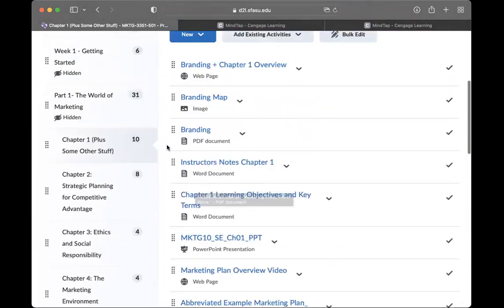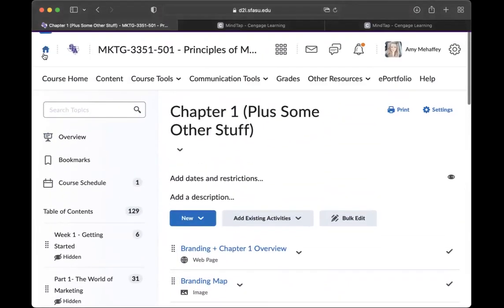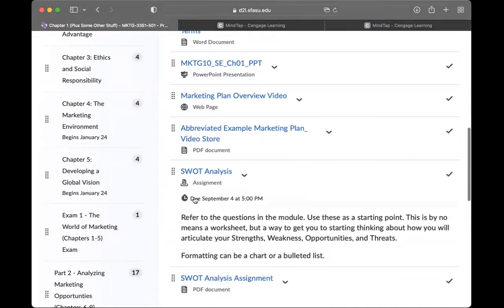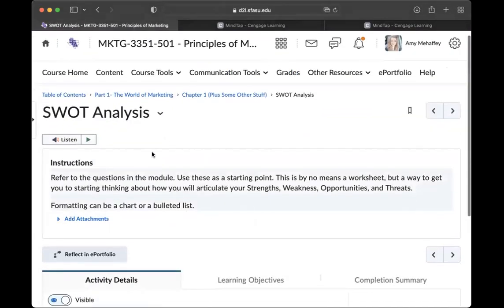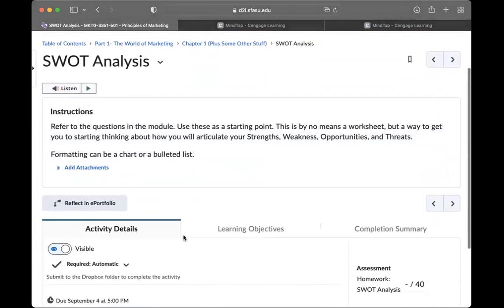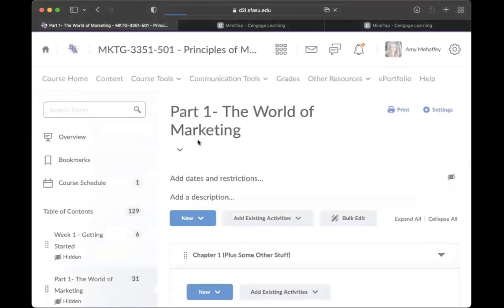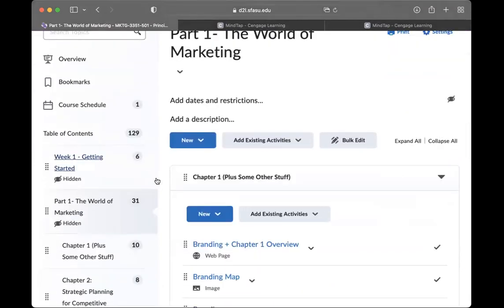So for example, if you work on your courses and you look at the course calendar and you're like, oh, I have something due today, and it just shows you this assignment and you go straight into the assignment, you're going to miss a lot of information because there's other supporting documents within the module that explain more about this assignment.